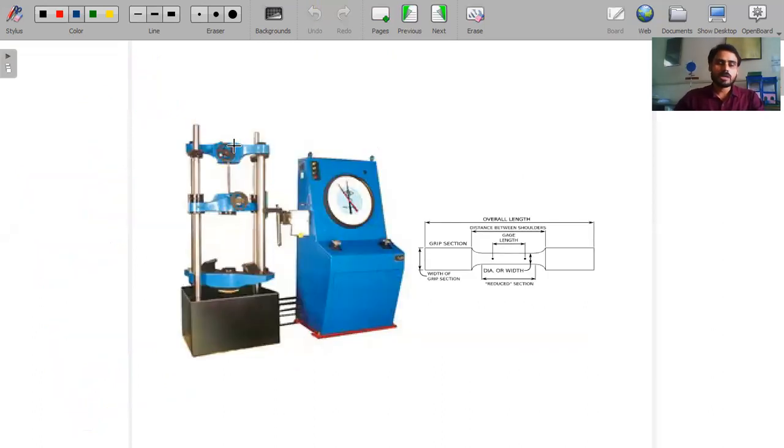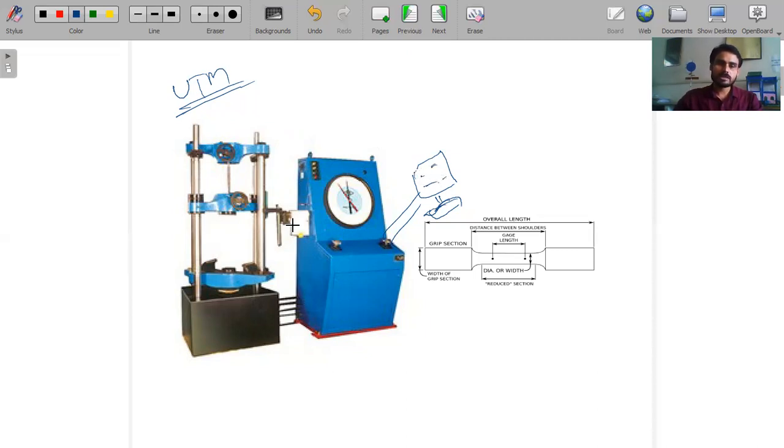The equipment or machine we use for conducting the tensile test on mild steel is the UTM. This is the UTM, Universal Testing Machine. That is the old version. Basically, in the new version, there is an assembly of a monitor and a computer, where we can control the magnitude of loading. We can give the inputs in a very easy way with the help of software and computer, and we can directly get the stress strain profile or load versus deflection curve, any kind of relationship, on the monitor with the help of software.